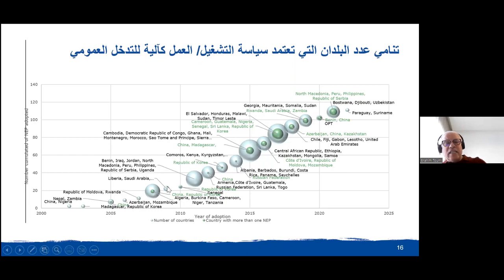Consequently, we have different countries also that have prepared policies more than once. They did not only produce a policy for employment once, but they have done it regularly, every 5 or 10 years. So we see these countries by name. I would like to remind Stefano that we have Madagascar here that has taken part in the preparation of the 2015 policy, and they also had one in 2005. Consequently, it's a 10-year cycle.